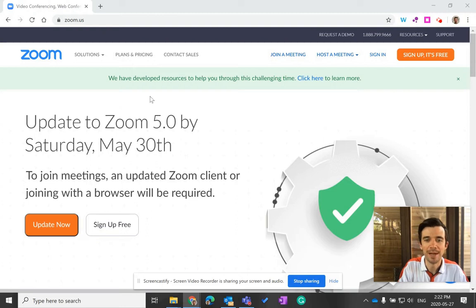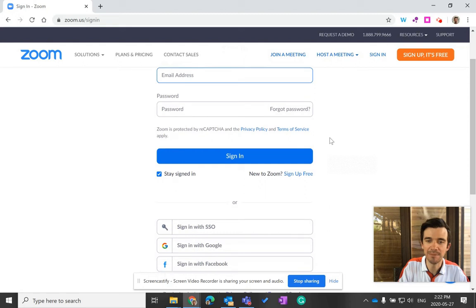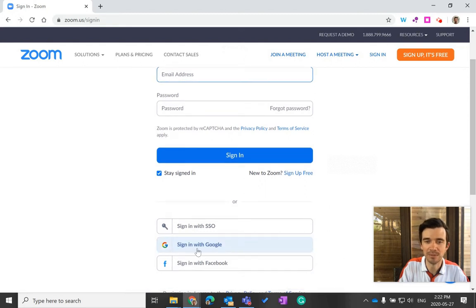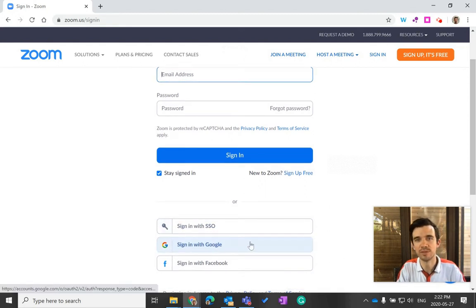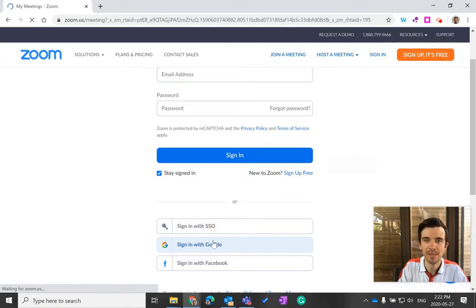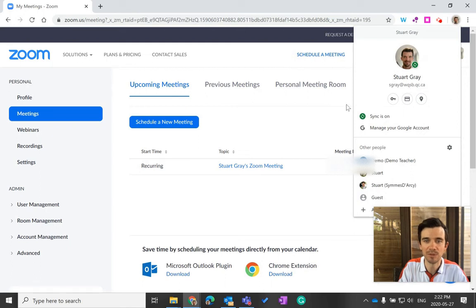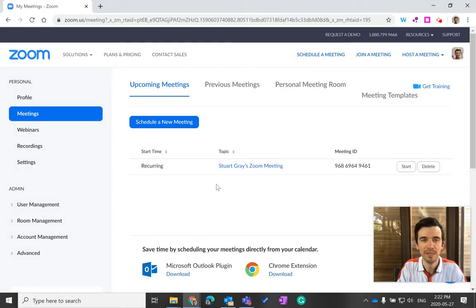So we can set those defaults by going back to the Zoom homepage, which is zoom.us, and we're going to click sign in. We've already previously created an account in the last step, and you remember we did that by signing in with Google using our G Suite for Education accounts through the WQSB. So we click on that icon, and I'm signed into my Chrome profile here with my same WQSB account. So it's going to take me right into my settings here,